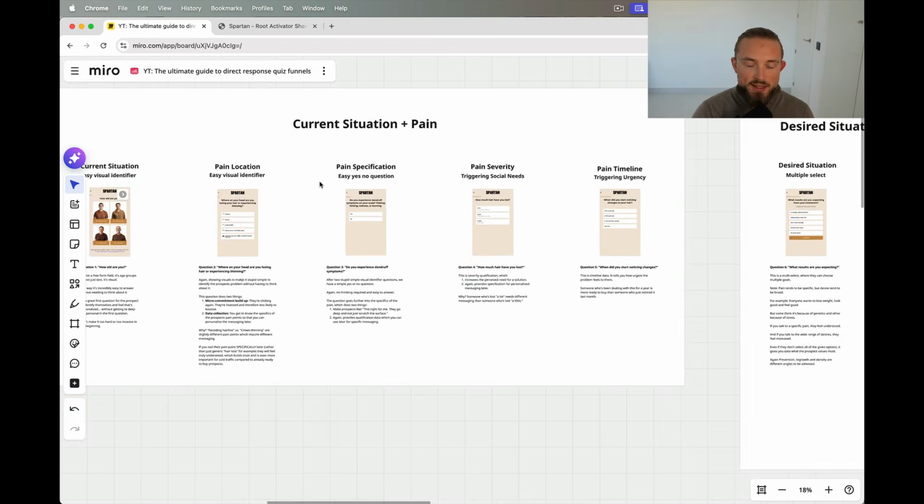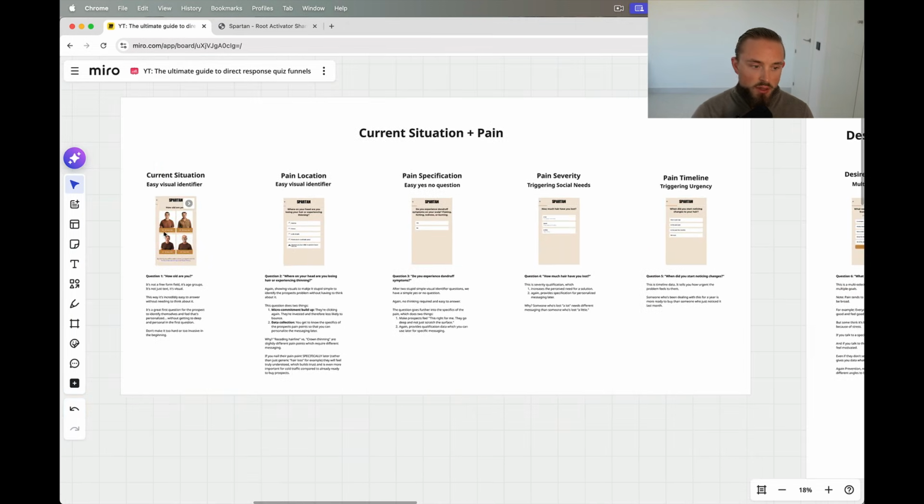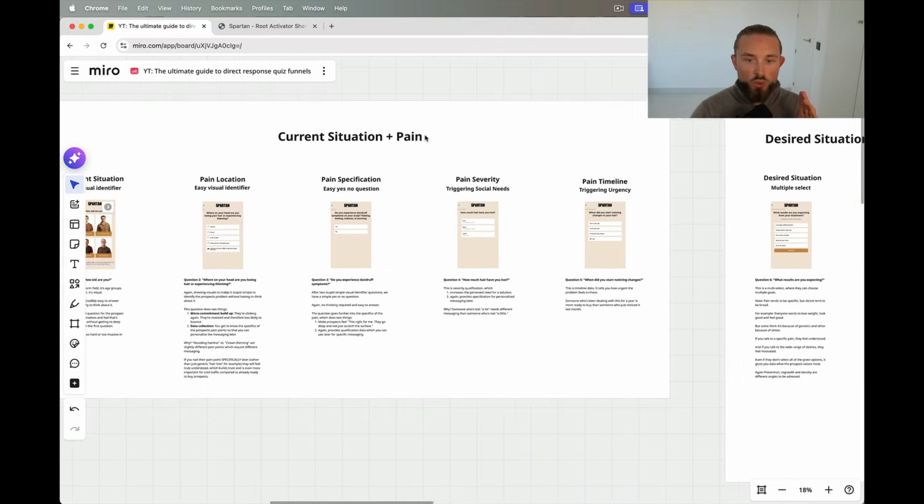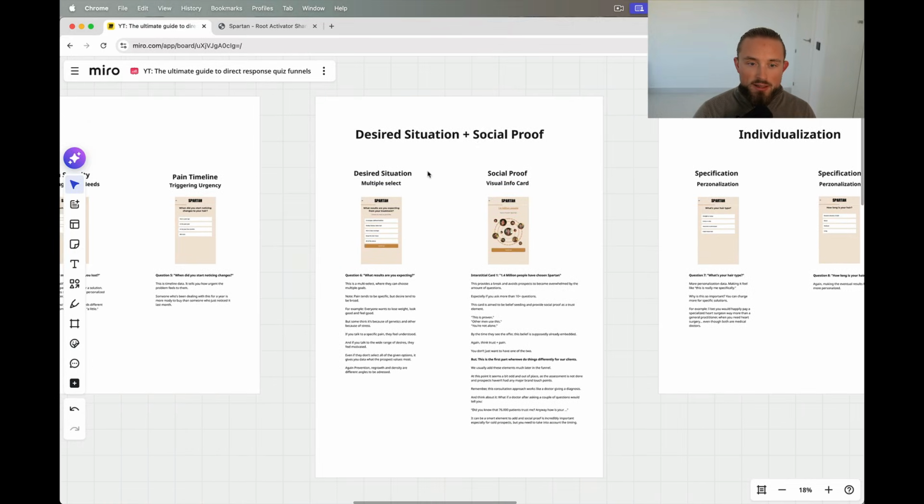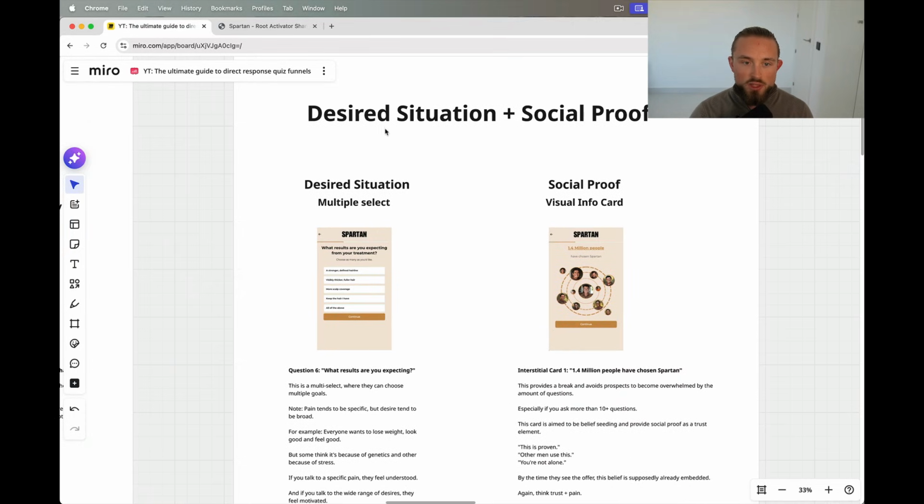As you can see, these are the first 5 questions, and this is the first section of the whole quiz funnel, which is super important, where we get a better understanding of their current situation and their pain points. Now we move into the second stage of the quiz funnel, which is the desired situation